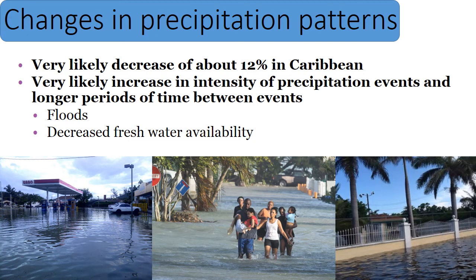And you know what happens in Nassau and in a lot of these Family Islands when we have that intense rainfall. It floods. These are some pictures from flooding right here in Nassau. You know that our roads are not really built to handle intense rainfall, and this is what happens. So it affects the roads and also people's houses. Decreased precipitation overall will also lead to a decreased availability of fresh water. Fresh water is what we use for drinking, and so we will have a shortage of water.